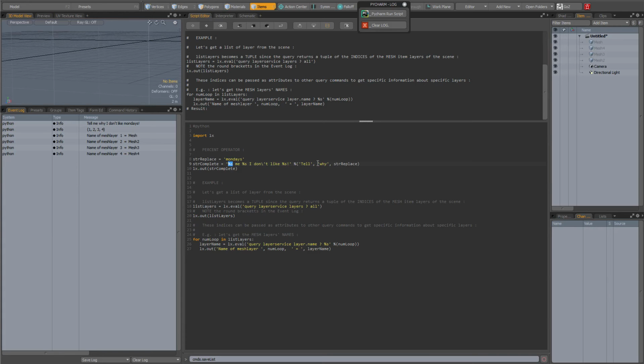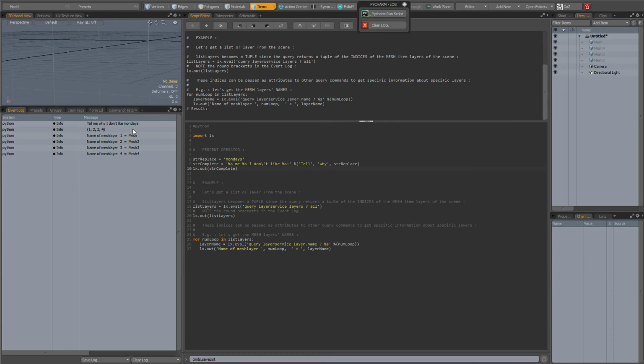Then the string y, this will be the second replacement for the %s, and then the value of string replace, which is a string with the value Mondays, will be substituted in the third %s. So this is actually about Python. This is not specific to modo. So then when I do an ls out of string complete, it says in the event log, "tell me why